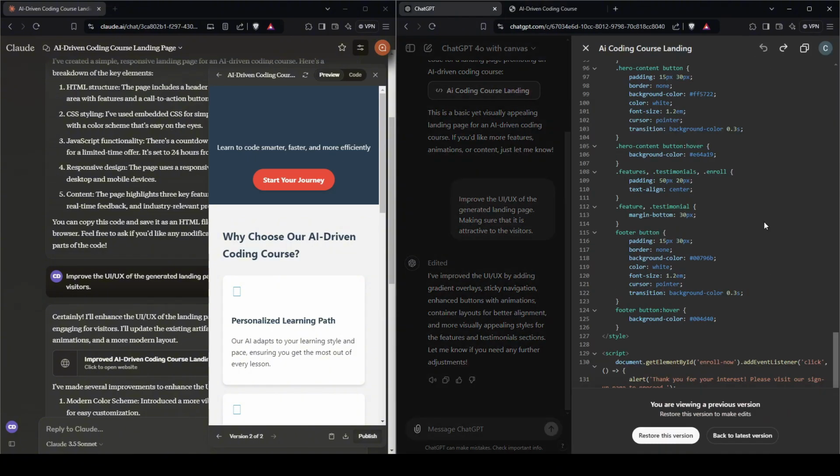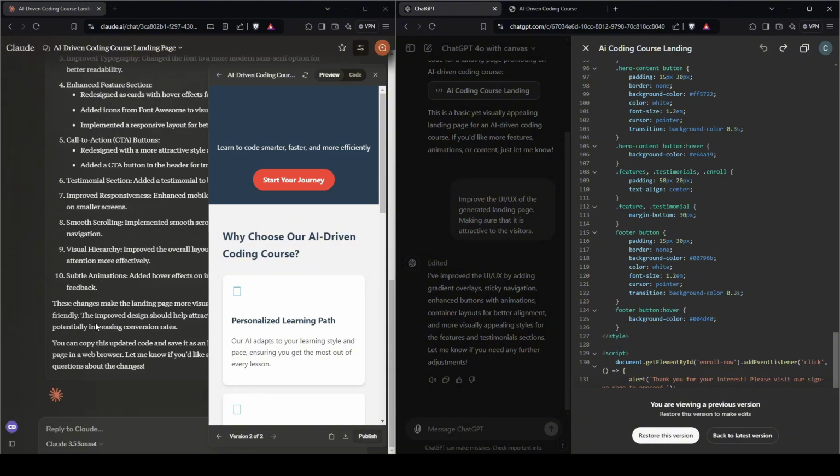So to load it again, either I have to create a new page to see what's different or copy it over and paste it again there. So you see the struggle there. If we are prototyping, we are going back and forth between external tools like Visual Studio Code and ChatGPT Canvas to see what's changed. Unlike Claude Artifacts, where we can ask for revisions and see the changes right away.